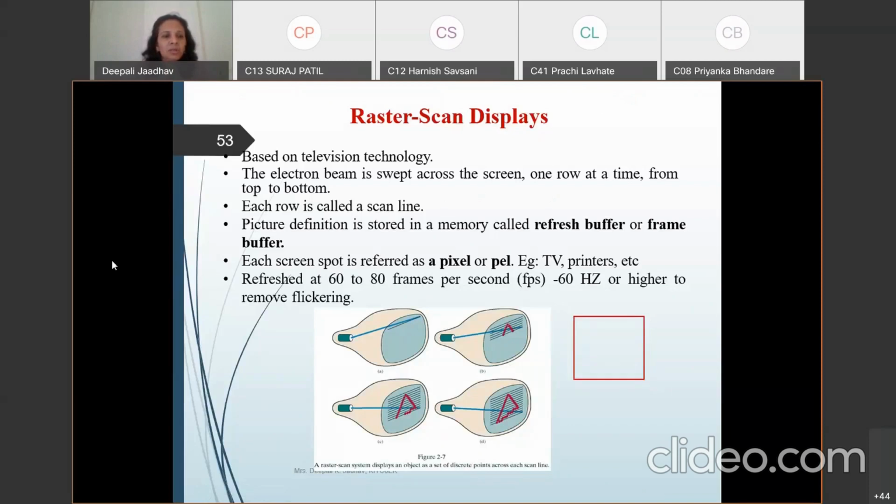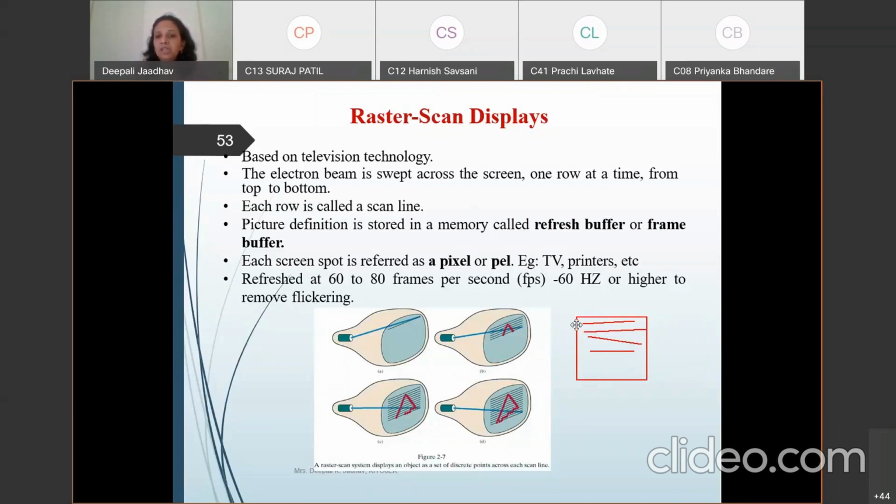Here, the electron beam is swept across the screen one row at a time from top to bottom. Start from here, then next, then next, then next. In this way from top to bottom. We call these rows scan lines. Each row is called a scan line.